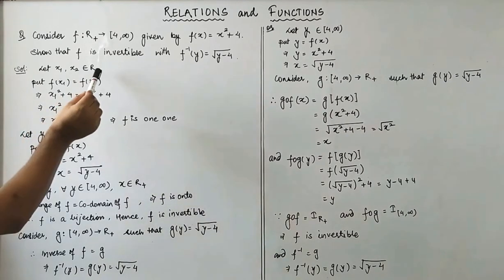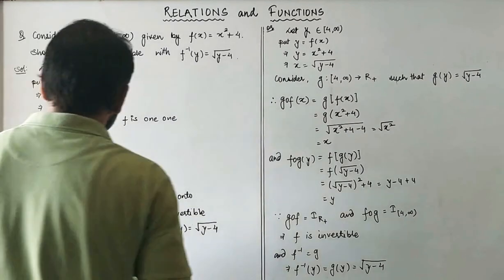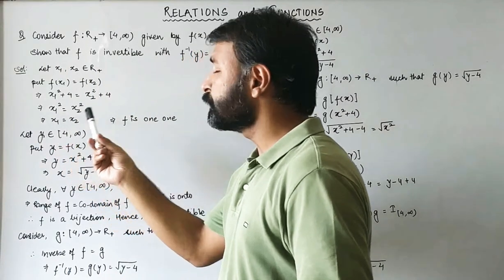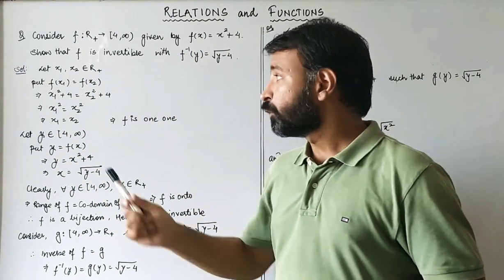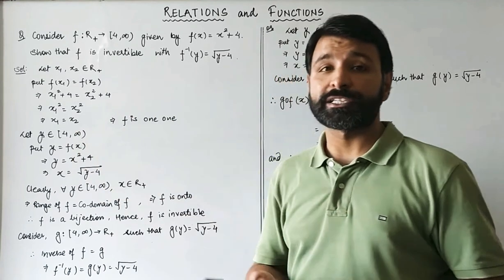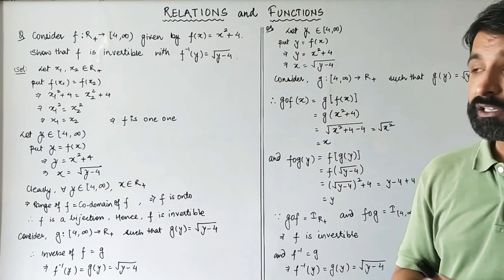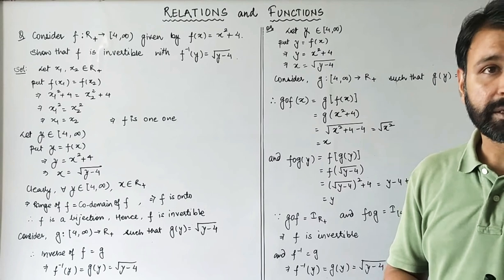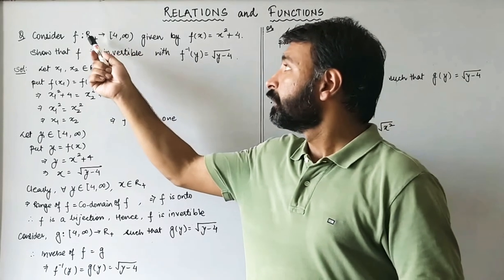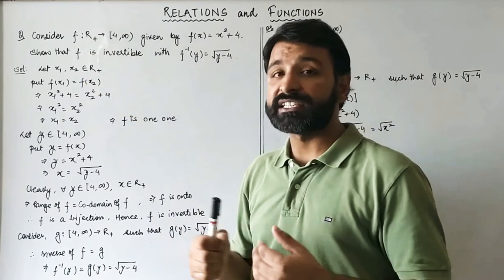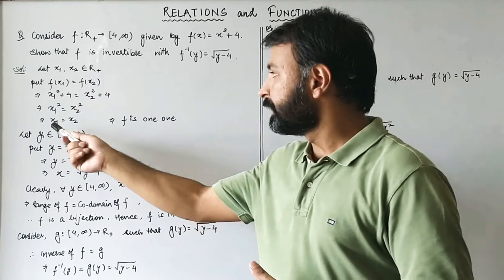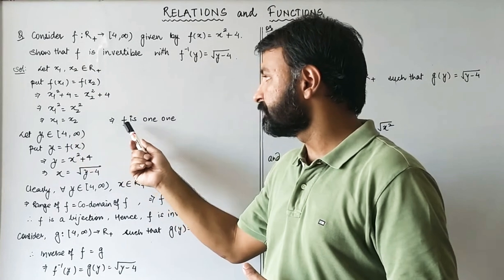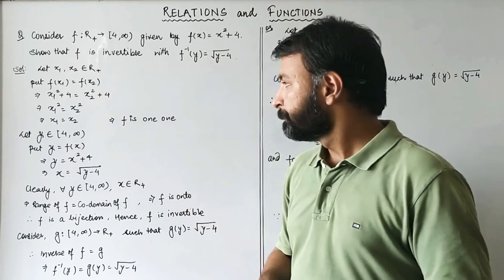देखिए, क्योंकि ये पॉजिटिव रियल नंबर्स है इसलिए x1 इज इक्वल टू प्लस x2 आया है. अगर ये सिर्फ R होता तो x1 इज इक्वल टू प्लस माइनस x2 होता, and in that case ये फंक्शन one-one नहीं होता. ठीक है, इसीलिए इसकी जो डोमेन है it is defined as R plus, otherwise ये फंक्शन one-one नहीं होता. So it implies x1 is equal to x2, hence the function is one-one.